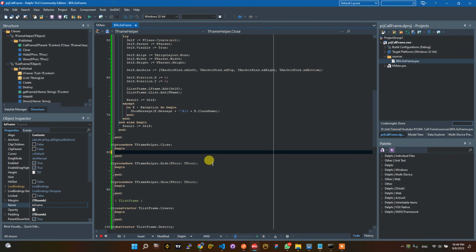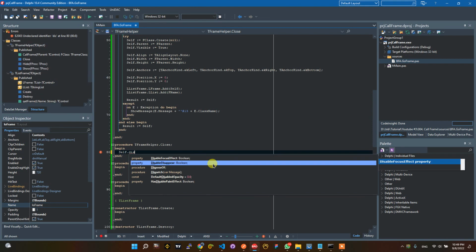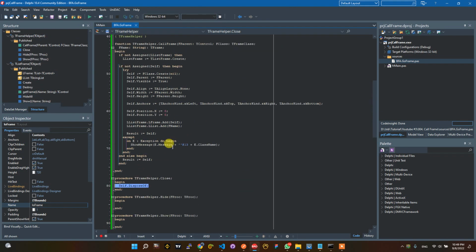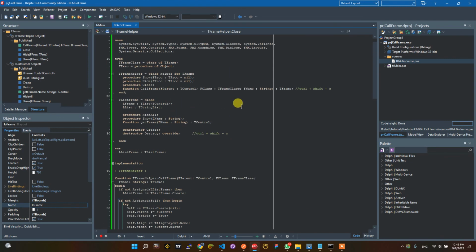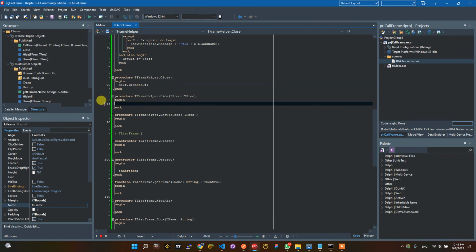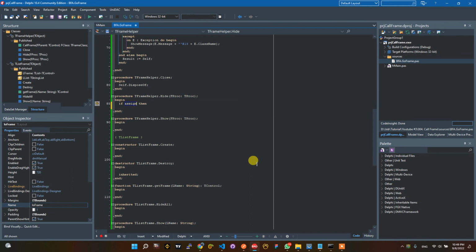I think this is a close, self.Dispose. So this is to free the TFrame, and here close and hide here. Okay, if async self, then begin,